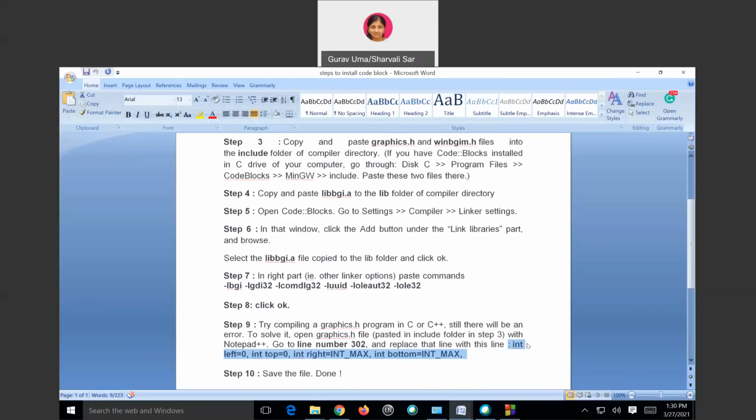Students, if you are using a C program in code blocks, then you also have to save that C program with the extension .cpp, meaning demo.cpp. You have to give that name with .cpp. So whether the program is in C or C++, you have to save the program as .cpp only. Remember this. So I hope you have understood this installation of code blocks and how to run graphics programs in code blocks. So thank you so much.